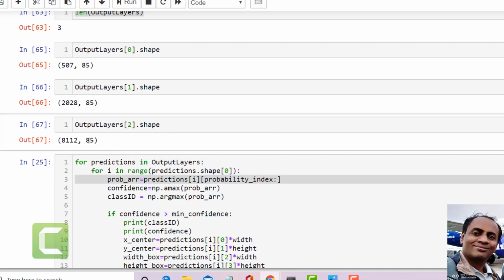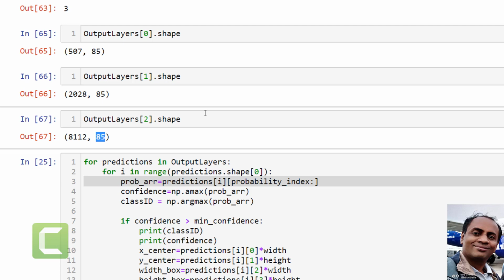And what is this 85? For each of the detections, it provides us the dimensions of the bounding box, that is x1, y1, x2, y2. We'll talk about it more later. And then the remaining 80 numbers are probabilities of objects detected.